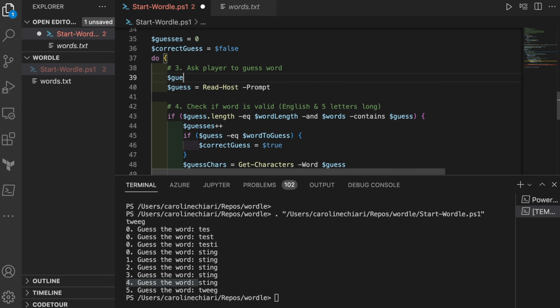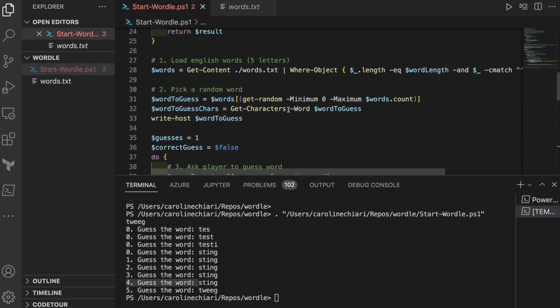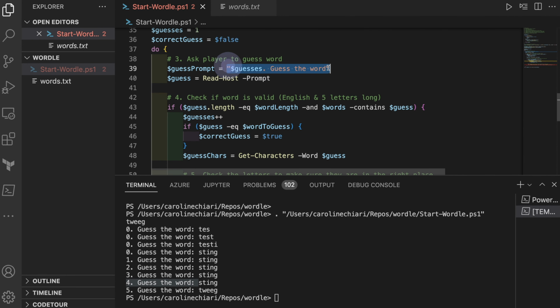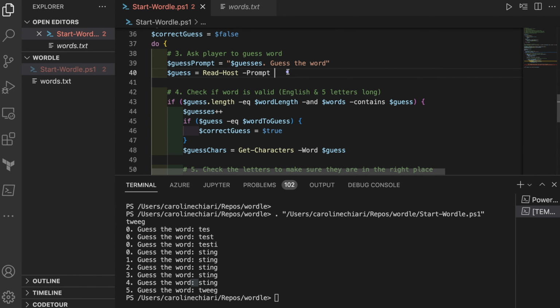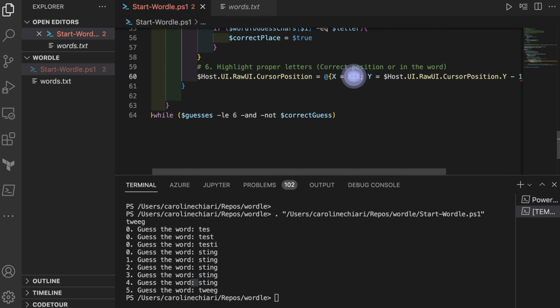We're going to say guess prompt equals this. Actually, a slight change: I want to put this to 1 because then it doesn't start at 0. Guess the word. As you can see, I don't have the colon and I don't have the space, so it's plus 2. Sorry. So here we're going to say it's the guess prompt dot length,